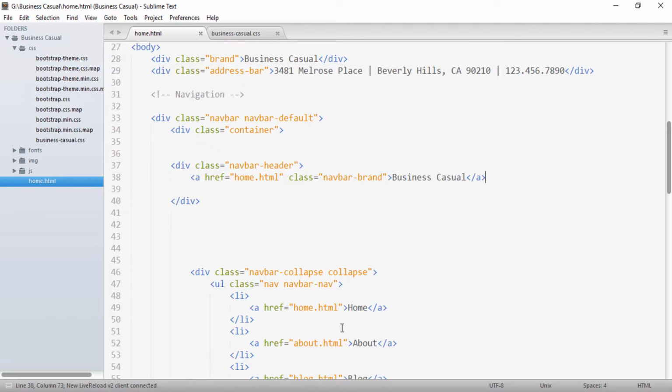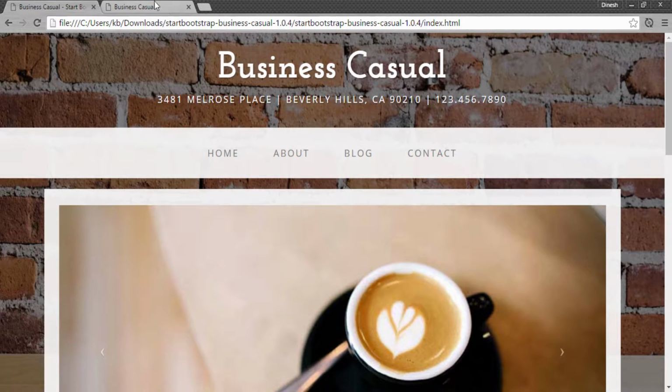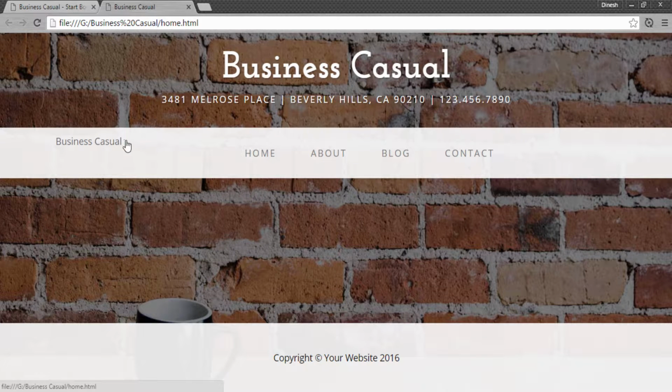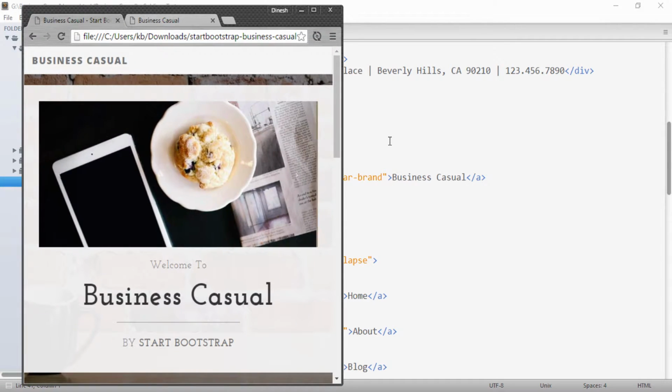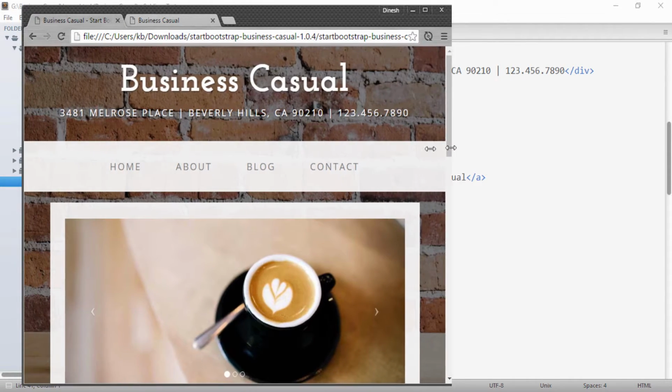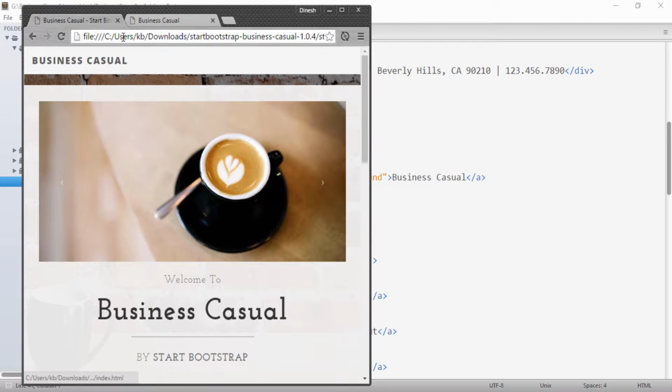So if I save it and go to the browser, you see the brand is visible here, but on the original site this is not visible. And if I decrease the width, say below 768, it is visible.